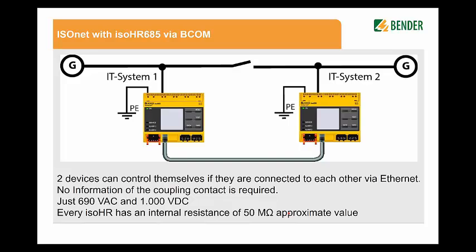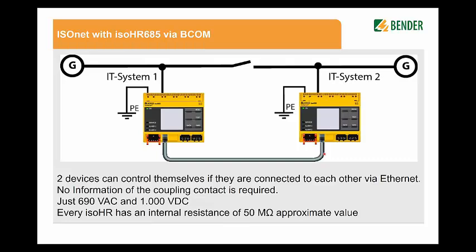So that's the isoNet functionality. I think most of you know this. Again, two generators with a coupling switch. Both devices are combined or connected via an Ethernet cable, and they are measuring one by another. But same specification, just for 690 volt AC and 1000 volt DC, because the internal decoupling switches are not specified